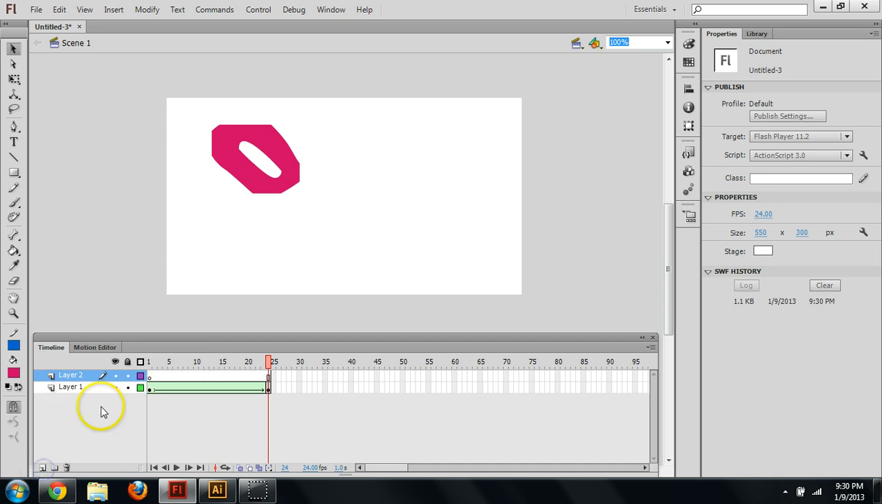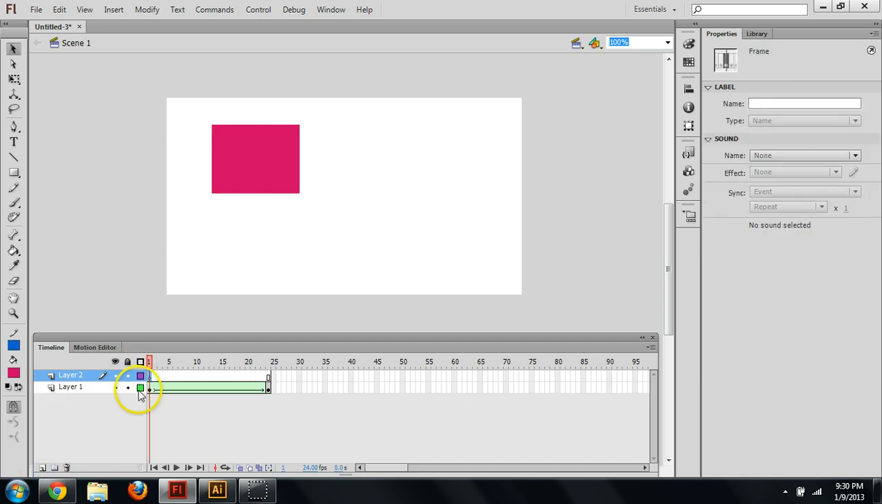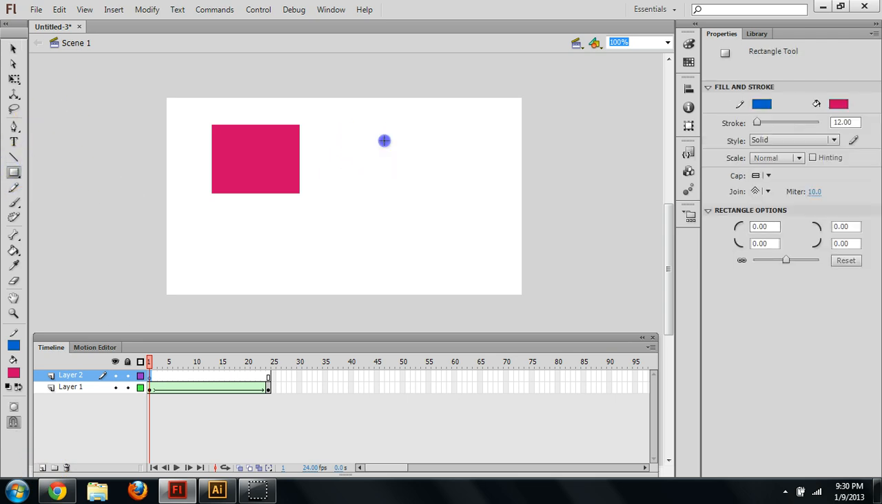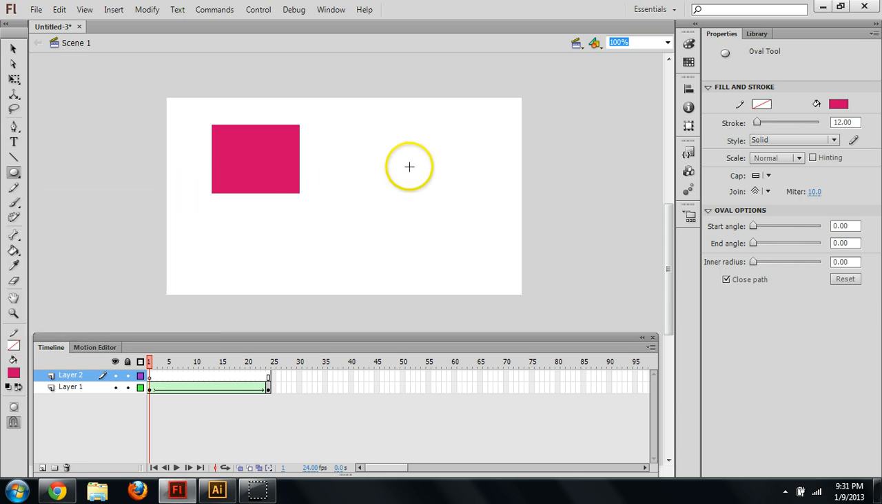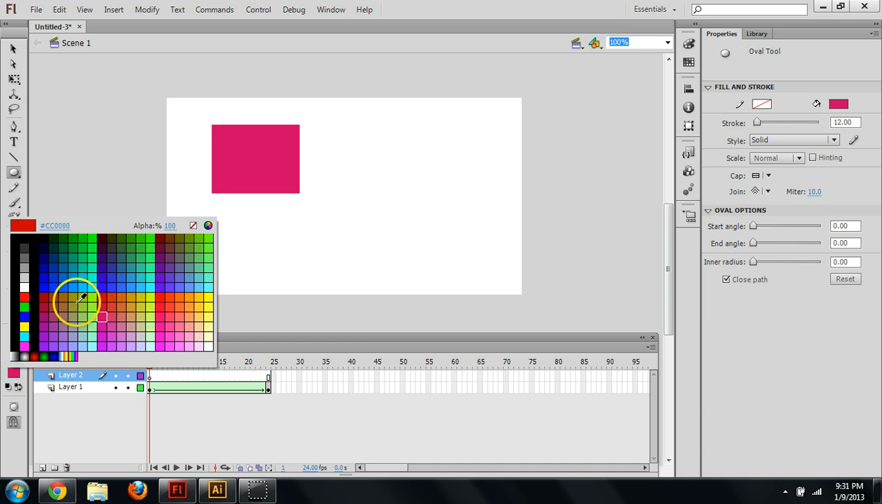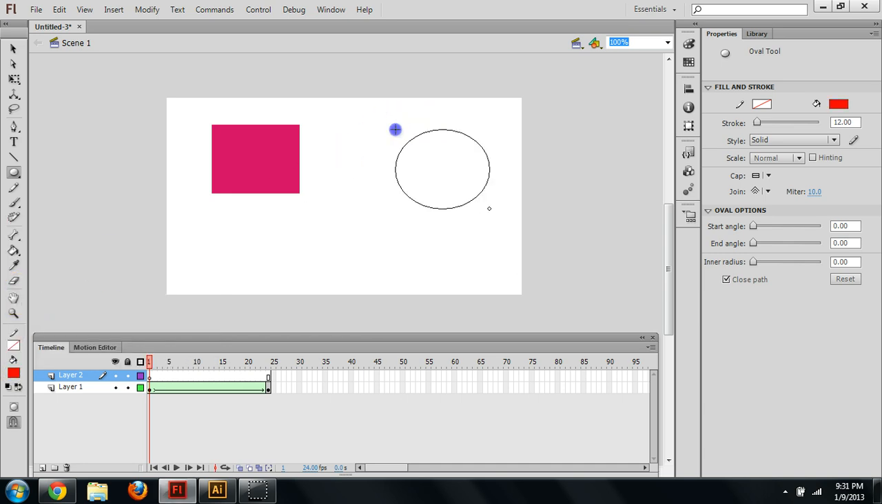All right, I'm going to create another layer. Right here's a little new layer button. And in this case, I'm going to do another box. Well, I don't want to confuse it, so let's do a circle. I'm going to turn my stroke off by going up to this little box right here, and I'm going to grab a different color too. So I have this red circle here,